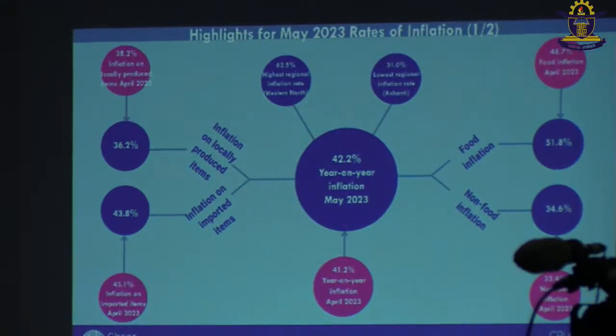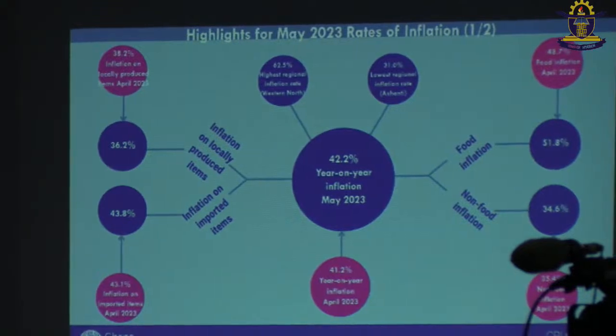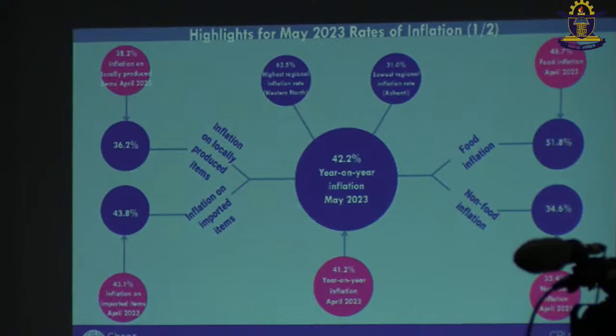For the month of May 2023, the rate of inflation stood at 42.2%, indicating a 1.0 percentage point upward increase between April 2023 and May 2023. In April 2023, the rate of inflation from January had followed a consistent decline to 41.2%, and this slowdown in inflation was reversed in May 2023 with an upward increase from 41.2%